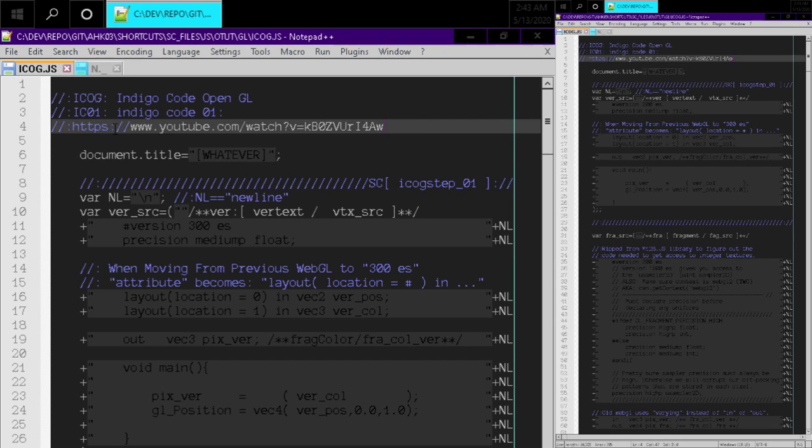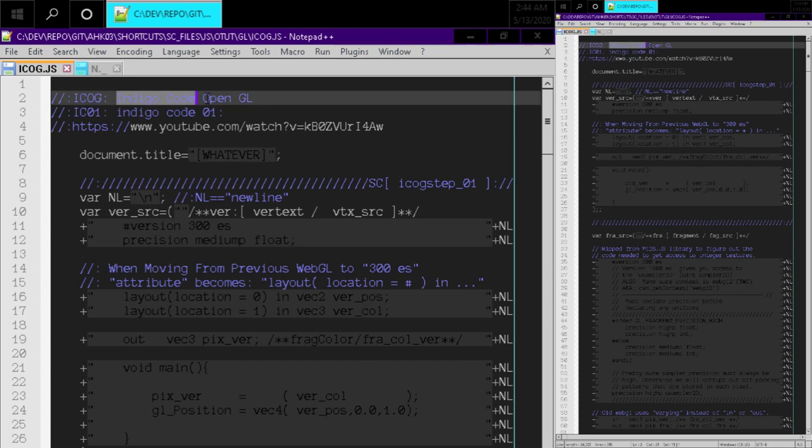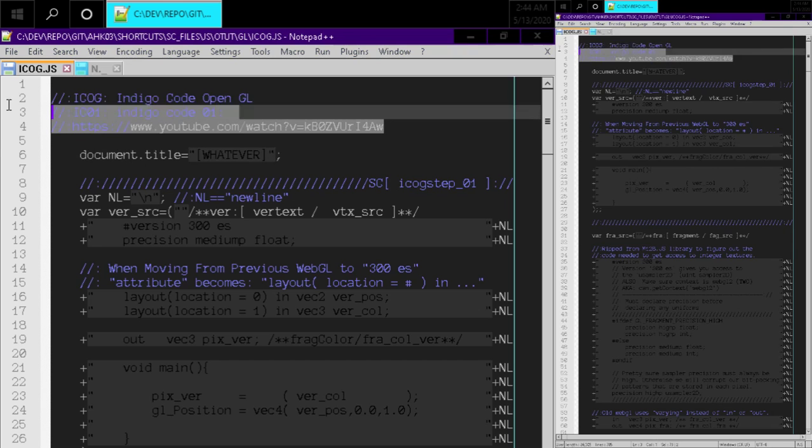Okay, so the tutorial URL is here for most of where this code is from, though it's also a hybrid of some code that is from previous code bases. Look up Indigo Code and you can probably find this tutorial. I'll go through a little bit of it,